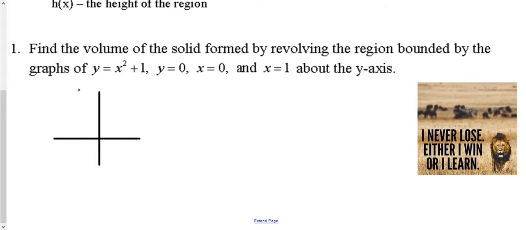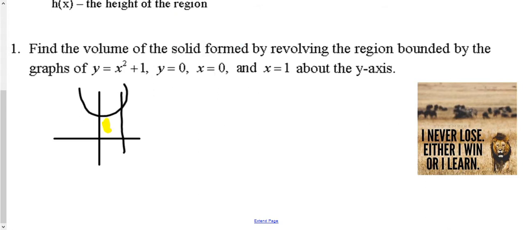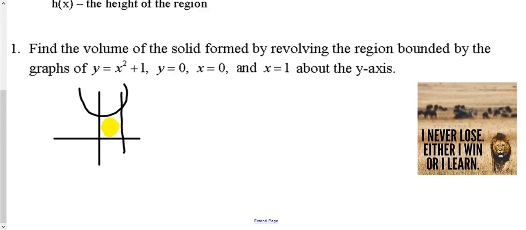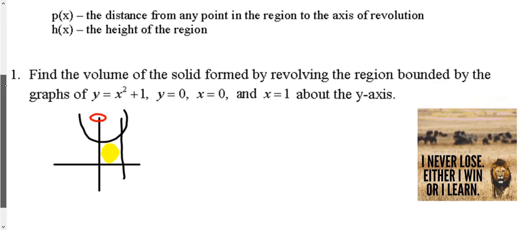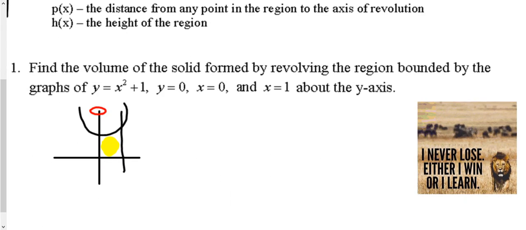We had this parabola, something like this, with a line x equals 1, and we were taking this region right here and revolving it about the y-axis. Right, we were going about the y-axis. So if I want to use the shell method, I can do it in terms of x because it's a vertical axis of revolution. So the shell method tells me to take 2 pi